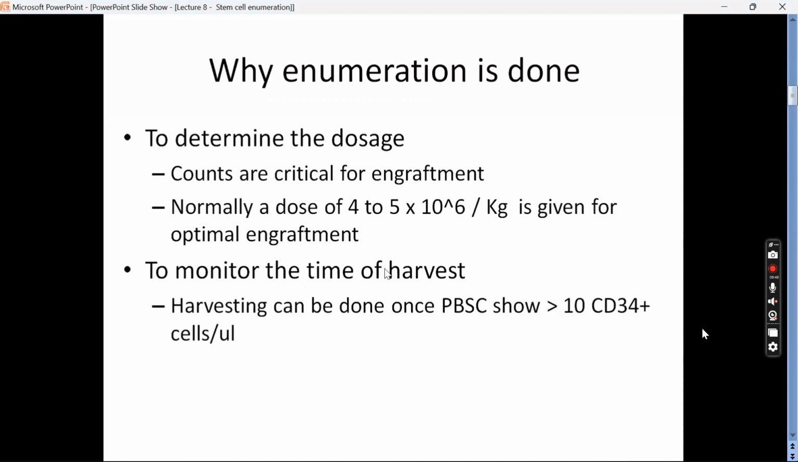Now, I'll tell you what is mobilization and how we do mobilization in the subsequent slides. Now, why is enumeration needed? Why do you want to enumerate the CD34 cells? So, as I said in the first slide,